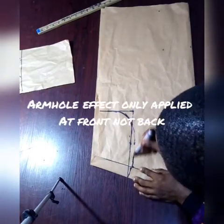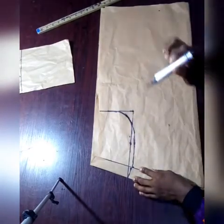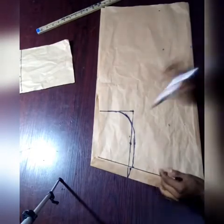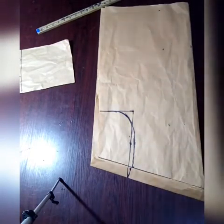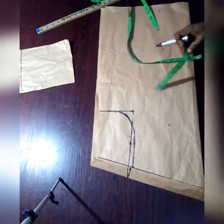Please note, this armhole effect is only applied at the where? Front, not at the back. Please, the front part, not at the back part. Okay. Now we are done with the armhole. Next thing we need to do is what? Impute the